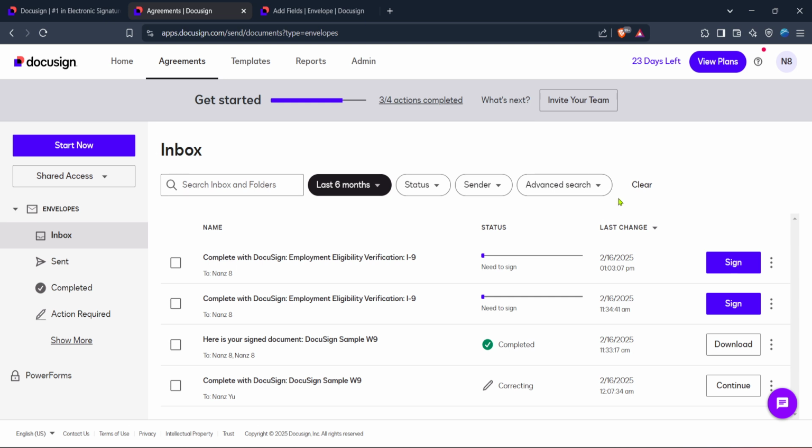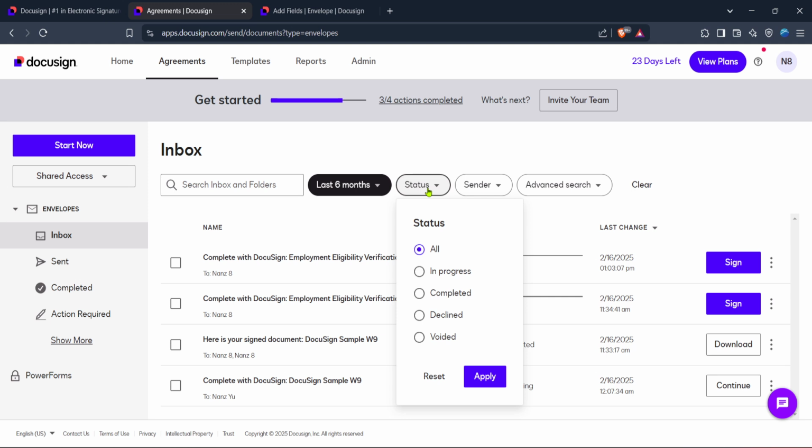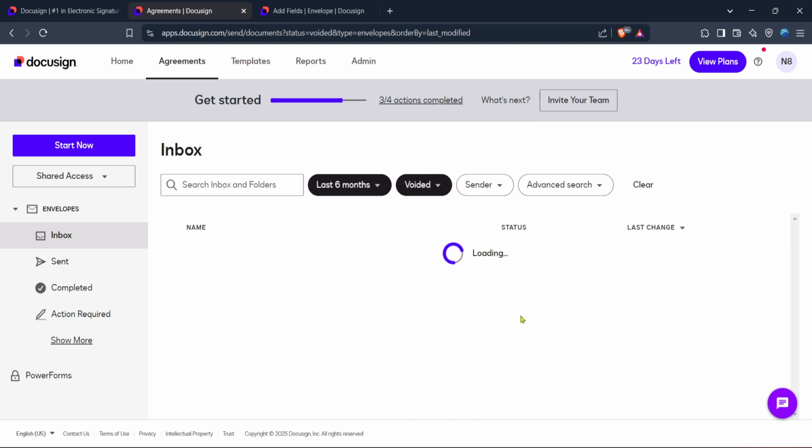This area is particularly important because it provides you with a status summary of all the envelopes you've sent or received, including if any have been voided. If you're specifically looking for voided envelopes, you may need to use filters or search directly for envelopes with a voided status. To enhance your efficiency within Docusign, keep in mind the importance of familiarizing yourself with the features and